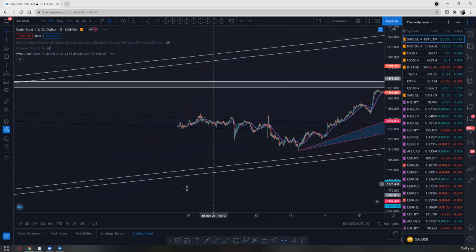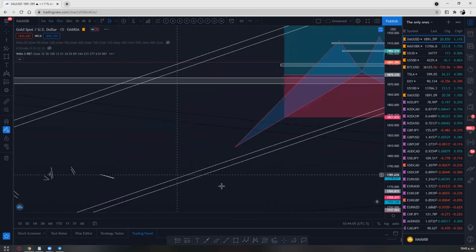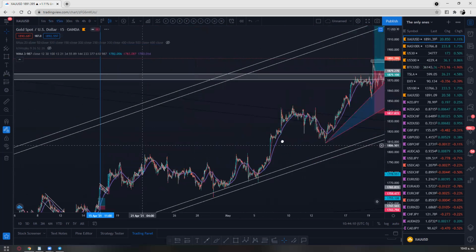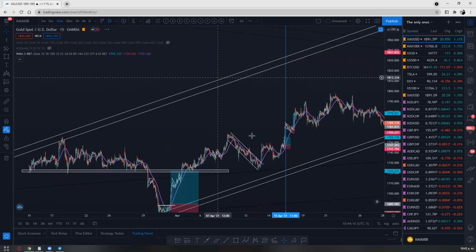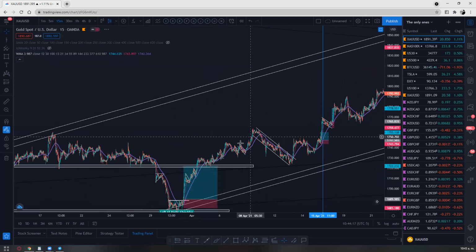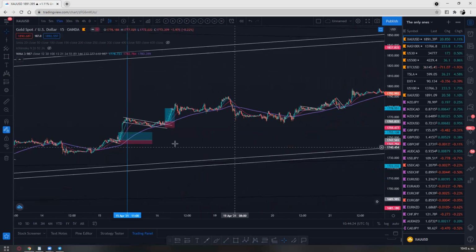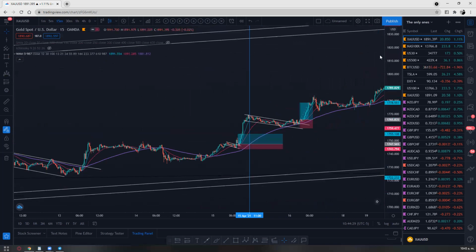Let me just, I hope it will let me, because it's a 5 minute time frame. No, it's not gonna let me. You see, TradingView is not gonna let me go back that far with 5 minutes. It's something because of the time. I'm gonna have to do it on 15 minutes. Let's see if it works. Okay, looks like on 15 minutes it is working. All right, I'm able to go back here. Here we go. It does work on a 15-minute. I'm pretty sure on a 5 minute it would work even better.